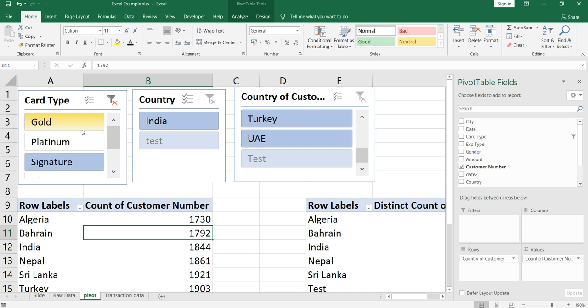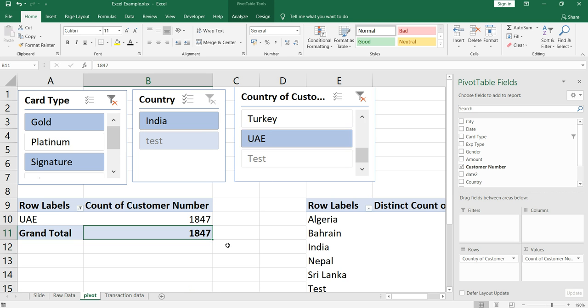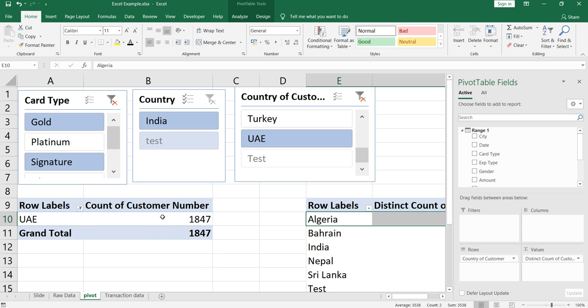Now within this gold and signature, suppose I want to see only the customers from UAE. If I click on UAE now, you will see the entire data set for this pivot table has changed. Now you might be thinking, why has this pivot table not changed and why has this pivot table changed?